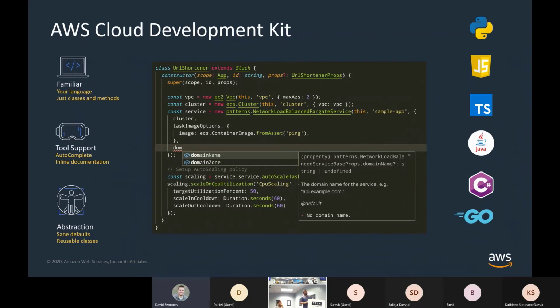We also have new support for Terraform called CDK-TF. Terraform has its own domain-specific language that they call HCL, the HashiCorp Configuration Language. It's a YAML-like document that has some schema associated with it. And we have roughly the same capabilities. So in this talk, I'll talk about the AWS CDK, but much of what I talk about, the abstractions and reusability, applies to both. We call them AWS CDK for CloudFormation and CDK for Terraform HCL configuration.